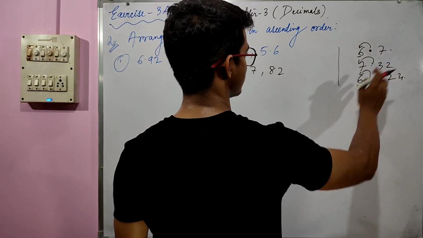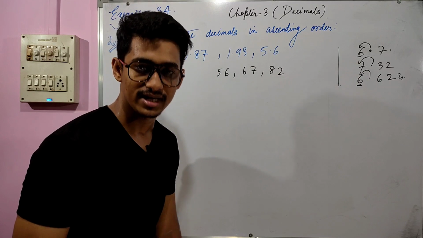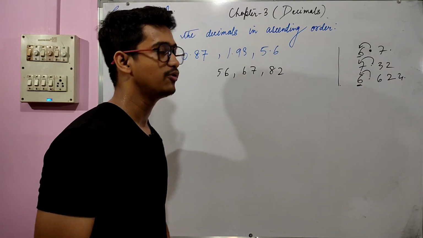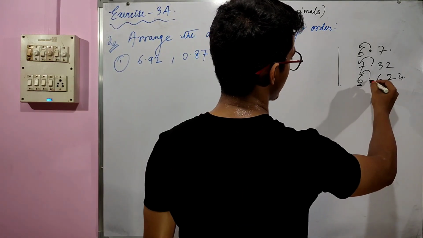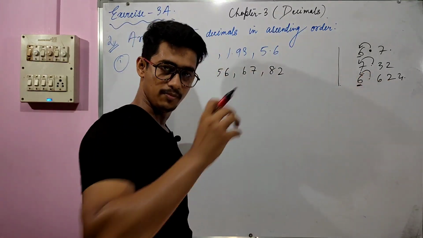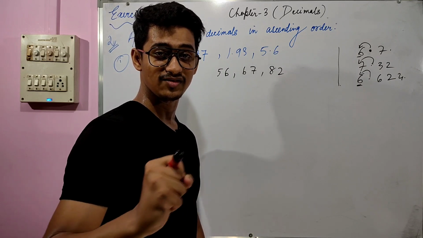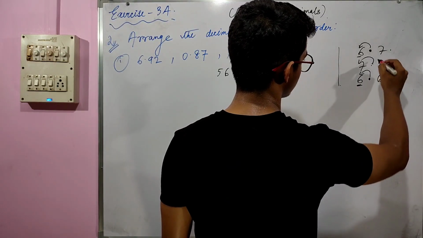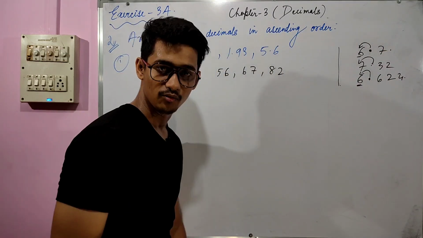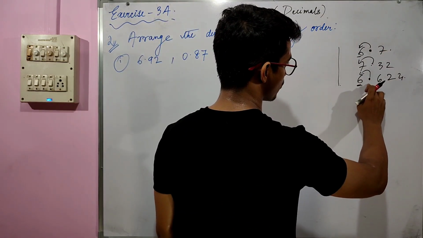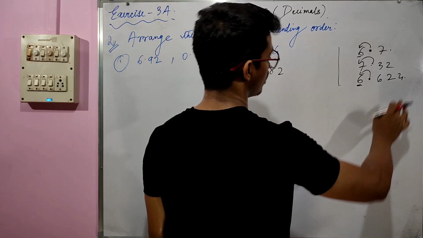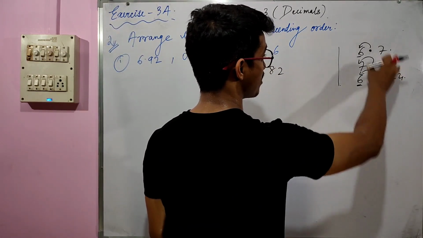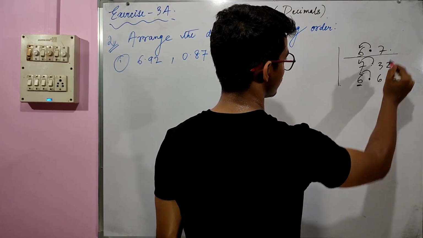That is 6.7 and 6.624. So how will you find which one is the largest number and which one is the smallest number? Before point, we picked up which one is the largest and which one is the smallest, and after that we will move on to the point part. So here, after point, that is 6 over here, then 2, then 4. So after point, let us compare both of them, that is 6.7 and